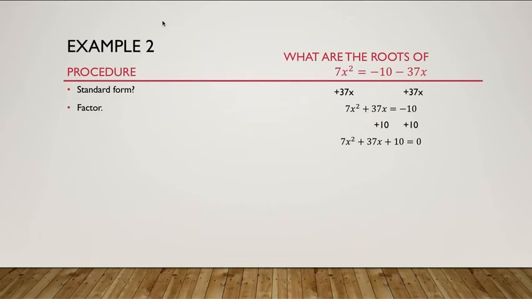Now I'm in standard form, so I can factor. Remember when we're factoring when a is not 1, that we need to do a times c, not just c, in my x box. So a times c gives me 70, setting up my x box, 70 on top, my b of 37 on the bottom, multiplying to get 70, adding to get 37,